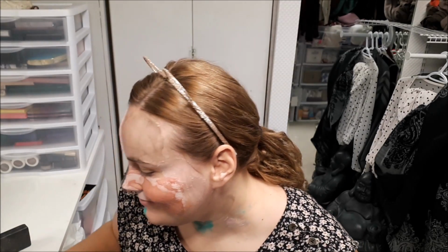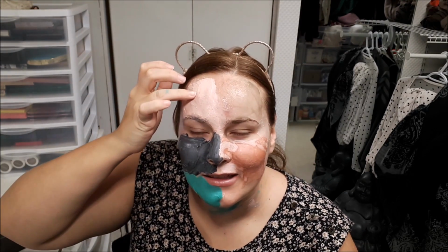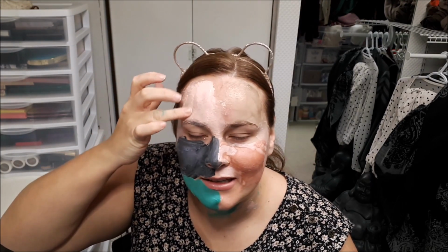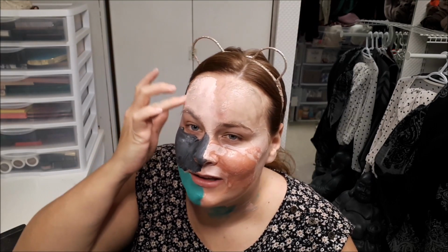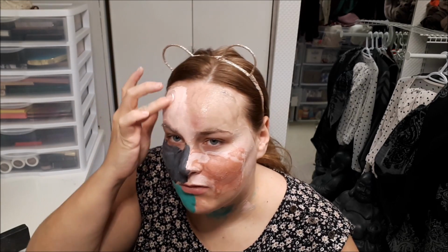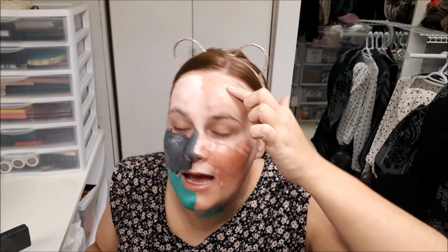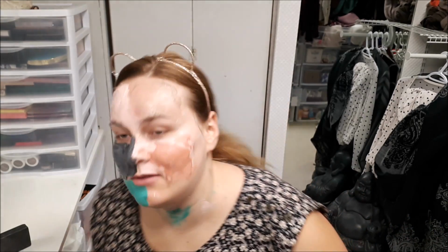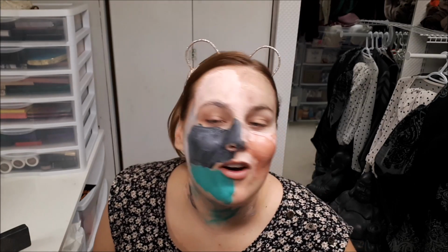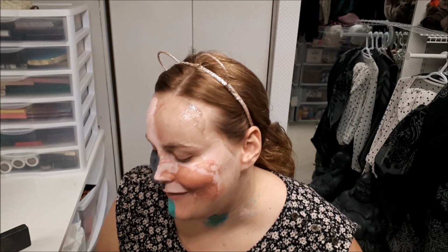And then with the Origins Retexturizing, this one has grit in it, so when I wash off, I will rub it in. Whereas this one's Retexturizing from, I guess, the acids it has in it and whatnot. So I spent all that time using an instrument not to get my fingers dirty, and then I'm touching my face. So I'm going to let this sit until things start to burn,